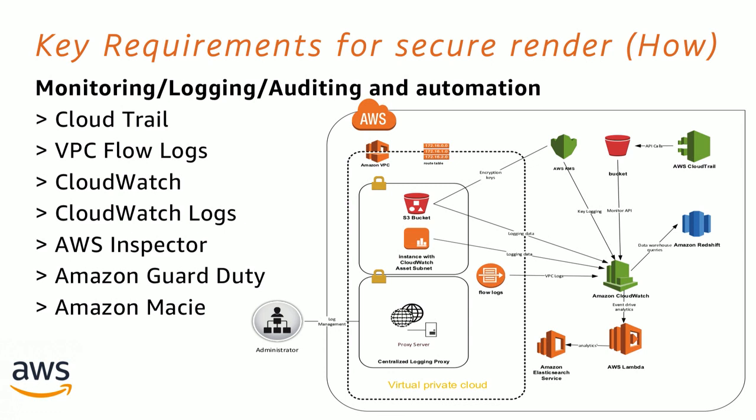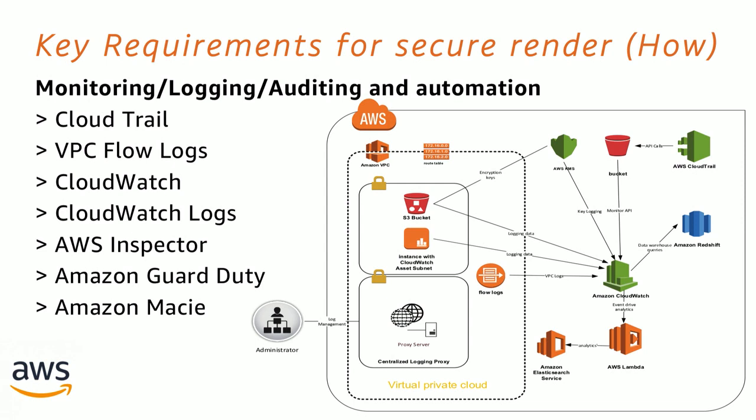VPC Flow Logs is a service that gives you the capability to monitor every single packet flowing inside and outside of your VPC. You just need to enable it, and that's it. CloudWatch, obviously, you can monitor all your resources, but CloudWatch Logs goes a step further. Just imagine you had VPC Flow Logs, which is your network traffic in and out. You can funnel it into CloudWatch Logs, and then set some specific regular expression flags on it to alert you when some bad behavior is happening. Somebody is trying to access an instance inside your VPC. You want to know, and this is how you can know it.